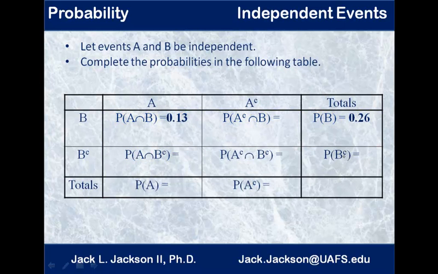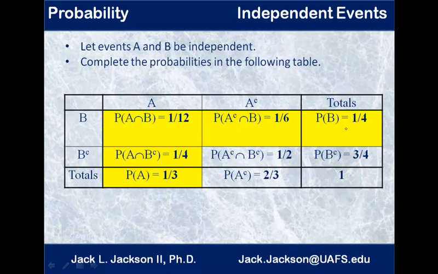Well, notice if the probability of B is 1/4 and the probability of A is 1/3, we can multiply those where the yellow row and the yellow column come together, and we get the probability of 1/4 times 1/3 is 1/12 for the probability of A intersect B. Similarly, we can take the